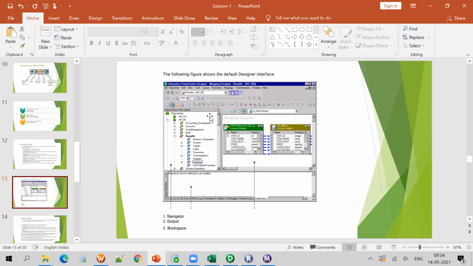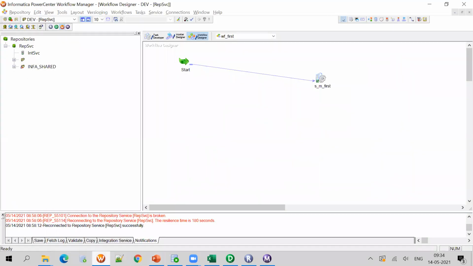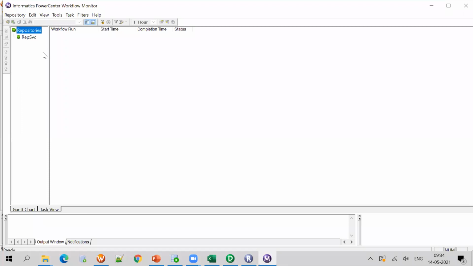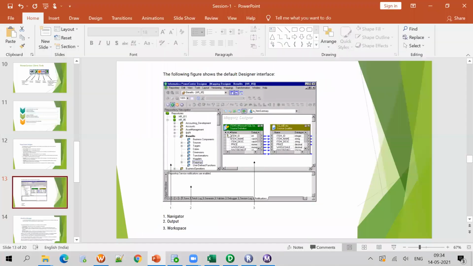Same way, whatever is in the Designer will be in the Workflow Manager also. As I told, this is the navigator, this is the output, this is the workspace. Same way here also, this is the navigator, this is the workspace, this is the output window. It is the same for all tools. The left pane is called the navigator, the middle pane is called the workspace, and the bottom pane is called the output window. This will be the same in all.